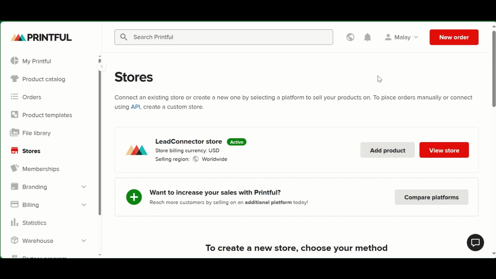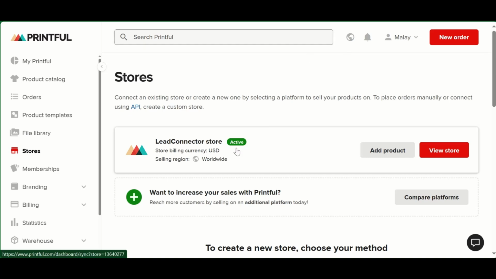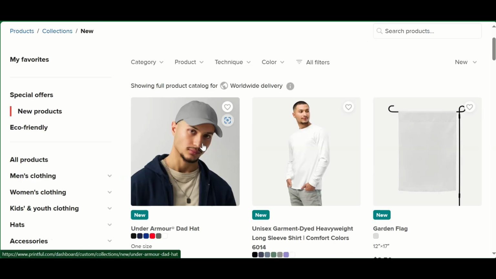Now you will find your LeadConnector store is now active. Your connection is done. Now you have to add your product from this add product section. You can add